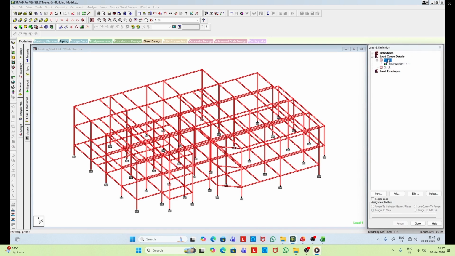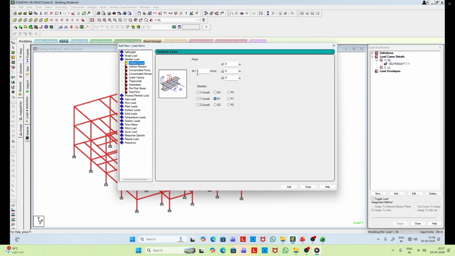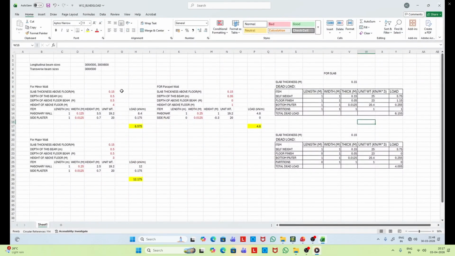Now, once the dead loads are applied for beams and columns, next we have to apply the additional loads due to walls. And for that, again, we have major wall and minor wall. So for that, we apply a uniform load over the beams with a negative sign because it's in the negative direction.